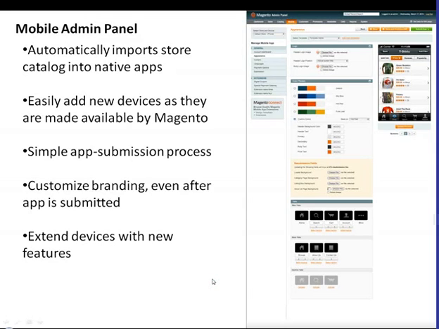And in this tabs area, you're going to be able to actually say what tabs appear on your app. So if you want a shopping cart there, it'll be there. If you don't want it there, you can either move it to more or you can make it inactive. If you want something like digital coupons or augmented reality or timed sales, private sales,